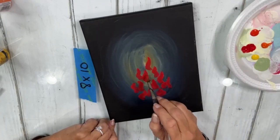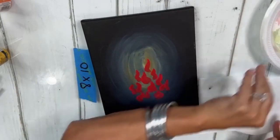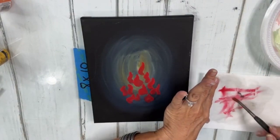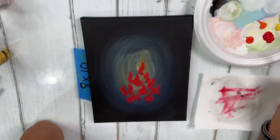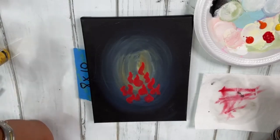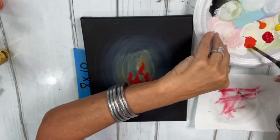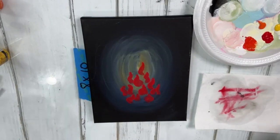All right, now I'm going to rinse this brush. Actually, I'm not. I'm just going to wipe it off onto my napkin. Can you see what I'm doing here? Just kind of wipe it off. And then I'm going to go into the next darkest color, which is the, I forget, scarlet, which is this color. Oh, no, a little water. And we're gonna just layer,